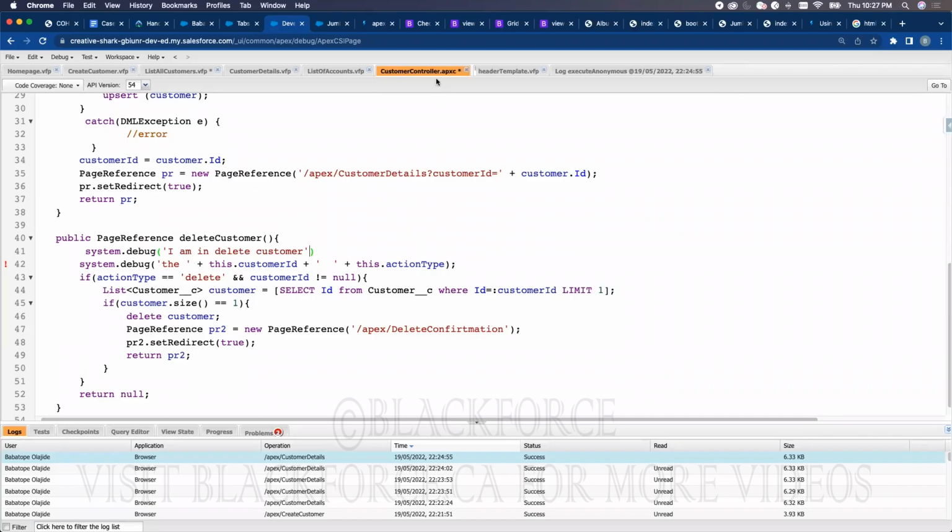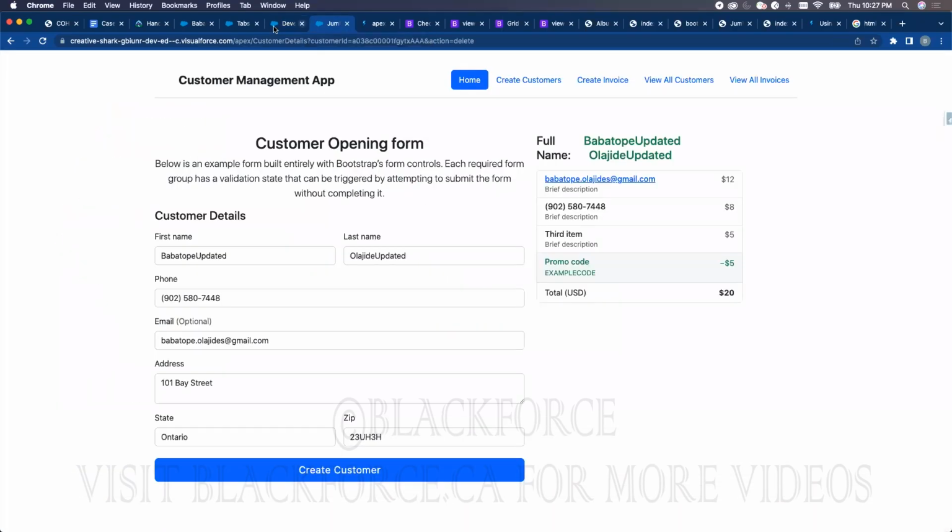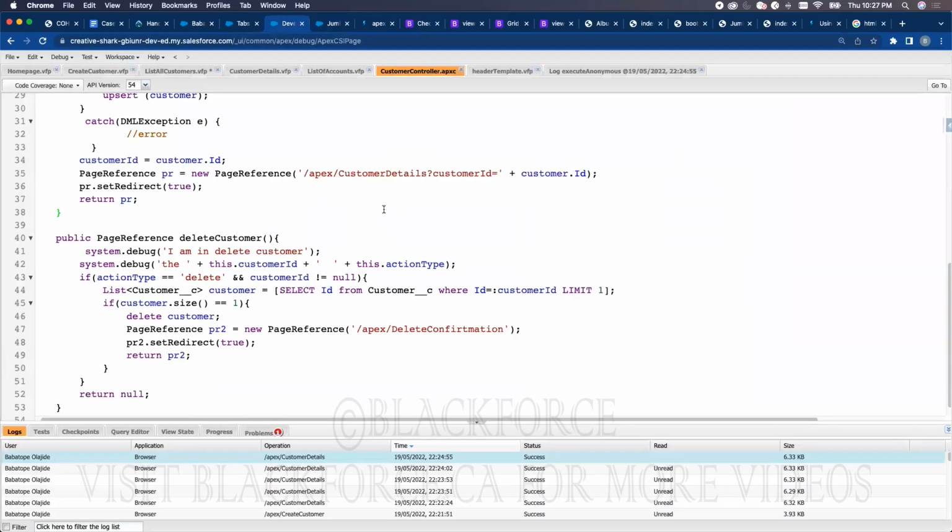Okay. So for us to have that, let's quickly create a very simple delete outlink here. The delete outlink would just be called, and we don't add code to the action, because whatever activity you're carrying out is what is triggering the action. Okay. So let's have a very simple